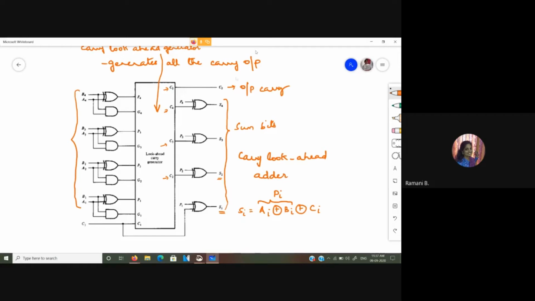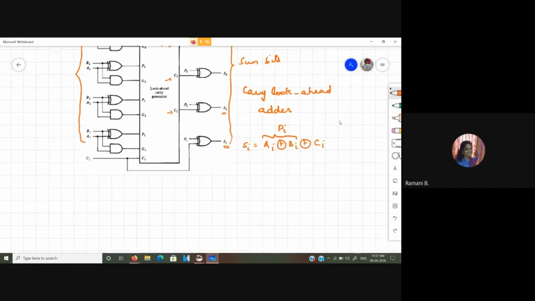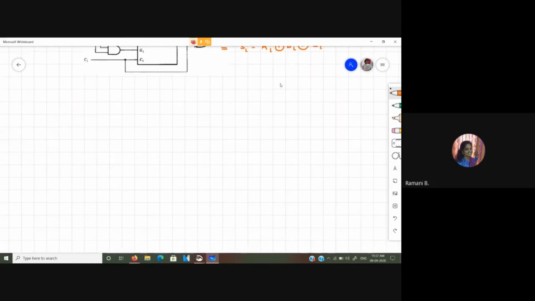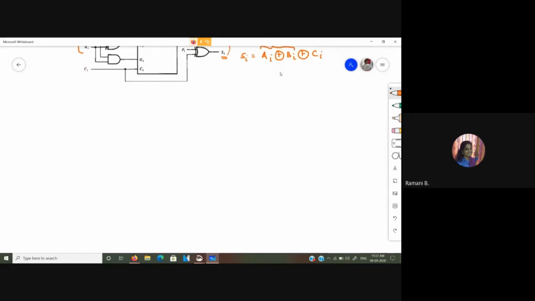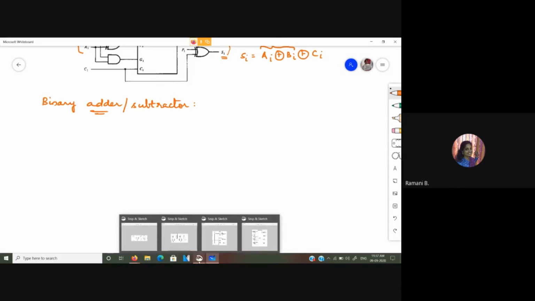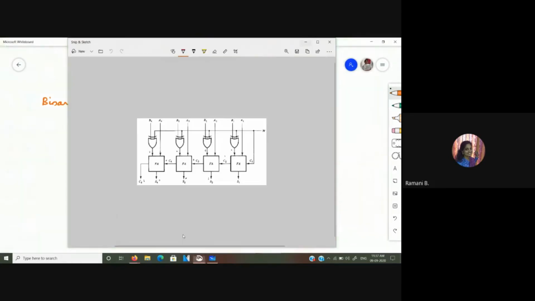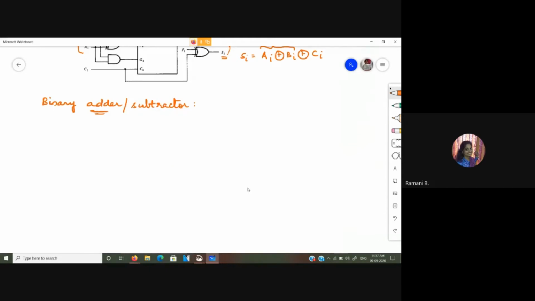Next we shall see binary adder subtractor. That is, in the same circuit how we can perform addition as well as subtraction. So just now we saw the 4-bit with respect to the parallel adder only. So we shall see that one. So just by using an XOR gate, you can make the circuit work as both